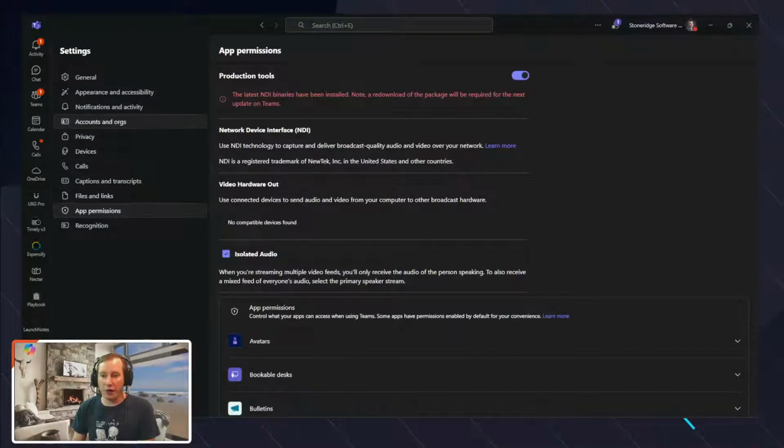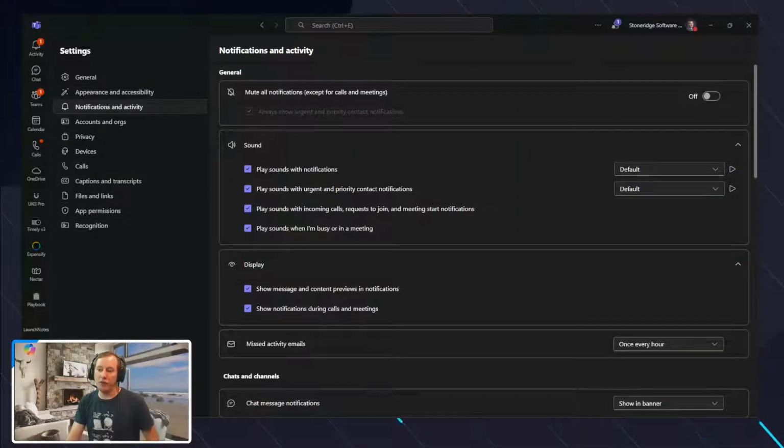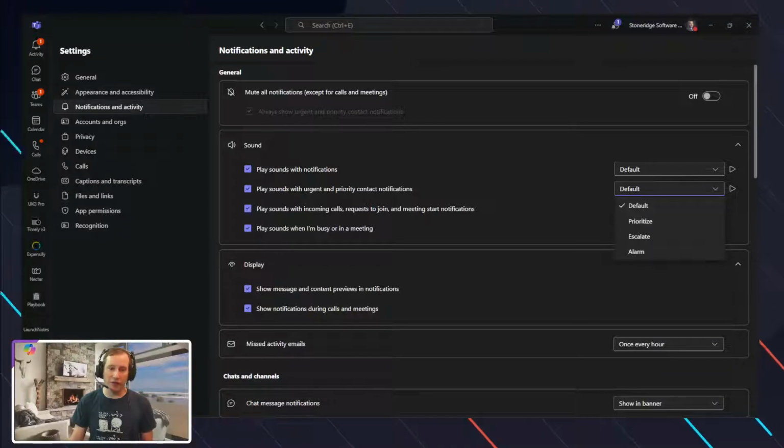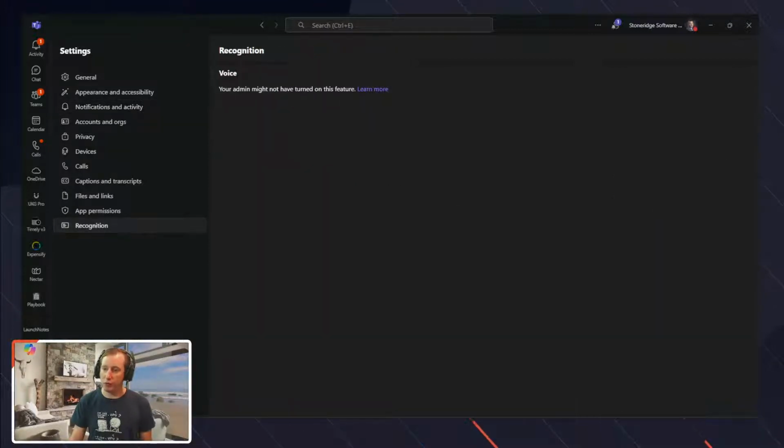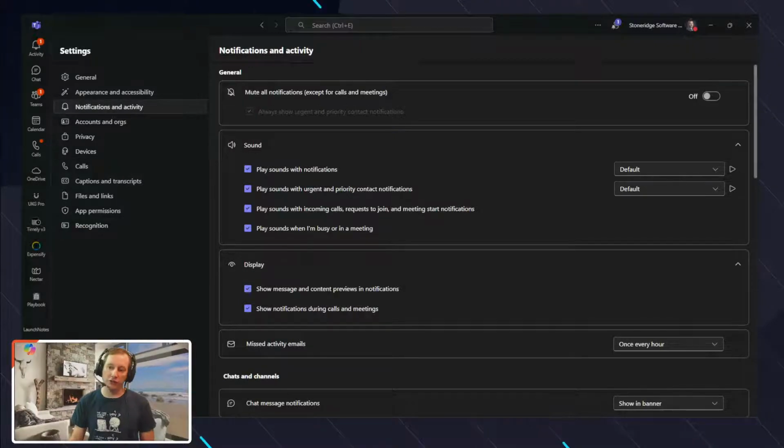Now, beyond that, the only other things I wanted to call out inside of here, remember, for notifications and activities, you do have the ability with different types of notifications to have different sounds that are then played. So remember, there are people that you can set up, for example, as urgent and priority in conversations. And what can happen is you can have that play a different sound. That way you know the difference between a standard notification, which might be just something in Teams that happened in a channel, versus what is actually a priority notification. And as you can see here, you can have these different values that you can select from as part of that as well.